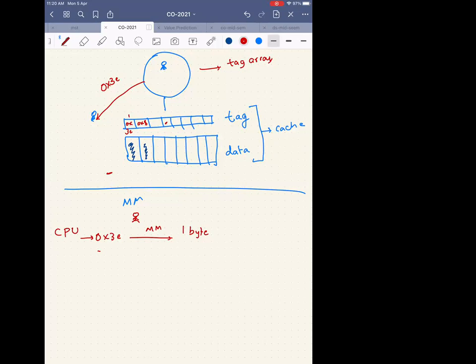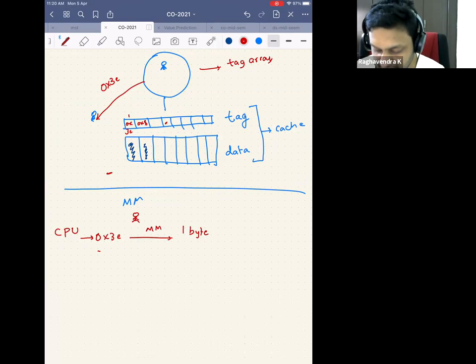I think, sir, it will bring more, because that byte is being accessed, there is a high chance that the neighboring byte may also be used. Right. So what Amit is saying is something about spatial locality. What does spatial locality say? If an address X is accessed at time T, then there is a very high chance that address X plus 1 will be accessed at time T plus delta T.